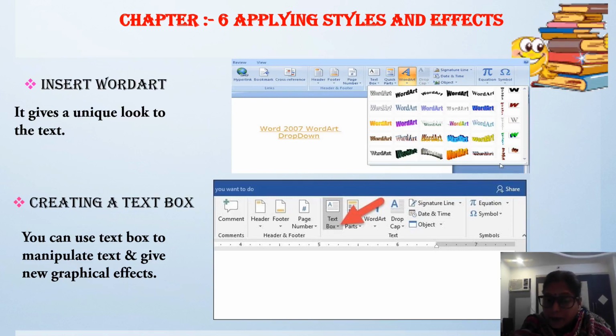This option is available in the insert tab. Which tab? Insert tab. For that you have to click on the text box button in the text group and select the draw text box option located at the bottom of the built-in drop-down menu. Okay, this is the text box.